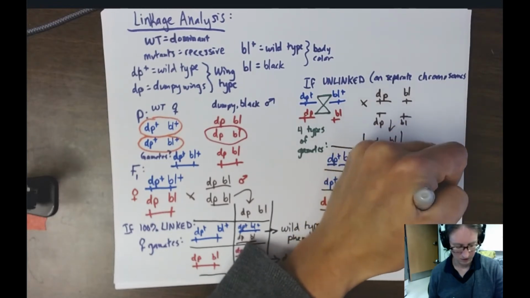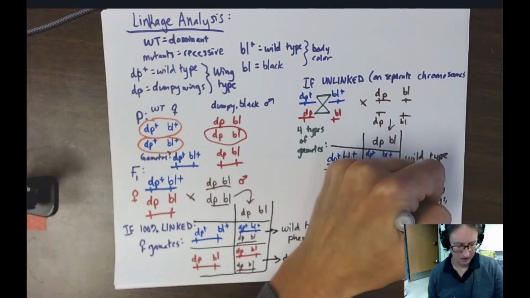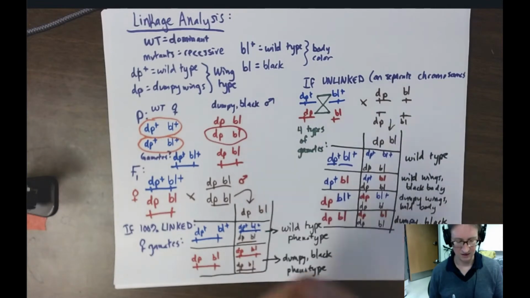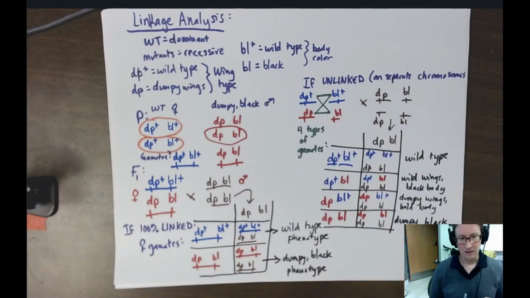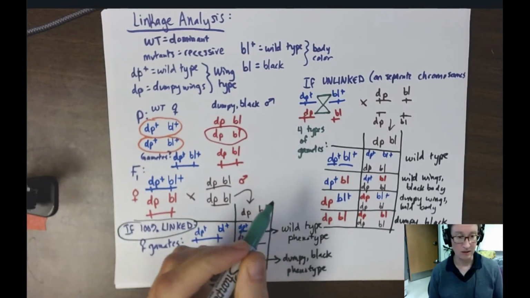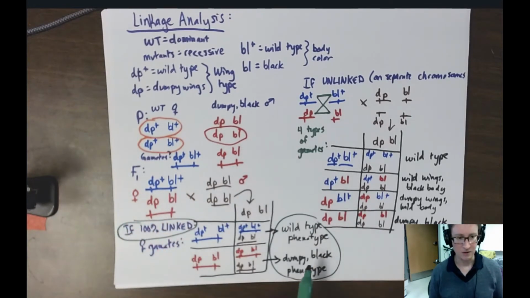So dumpy wings, wild body. And then down here we're going to have dumpy wings and a black body, okay? So those are our 2 contrasting scenarios, right? So if these genes are 100% linked, we only expect to see 2 phenotypes, wild type or dumpy and black,